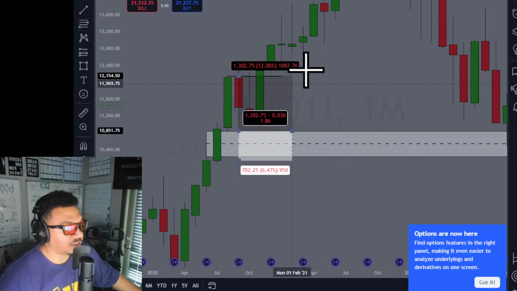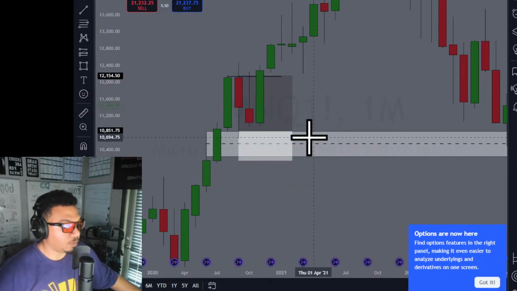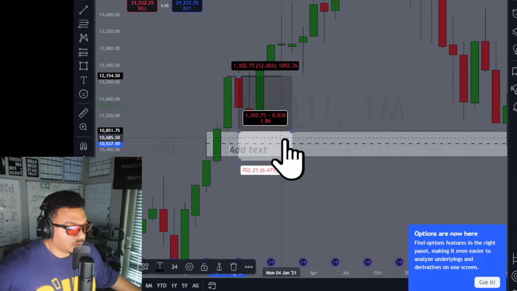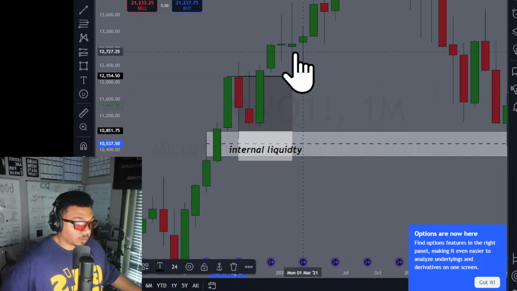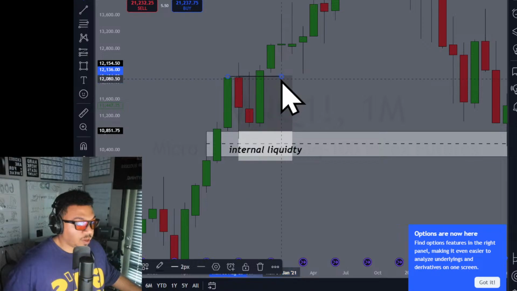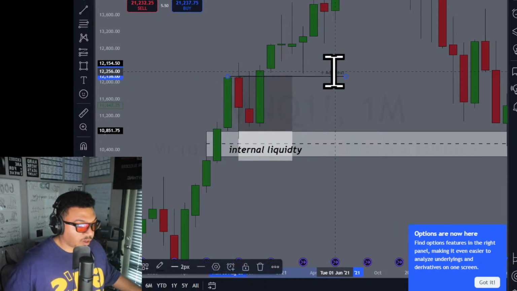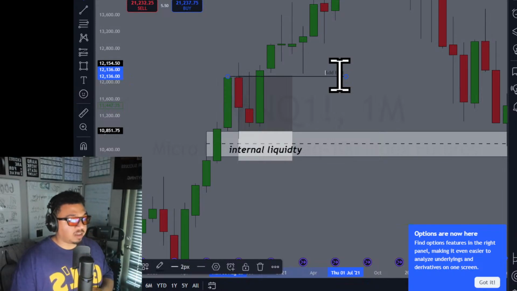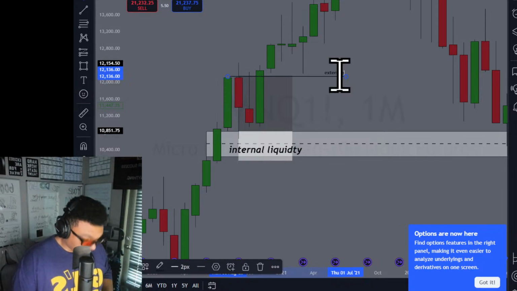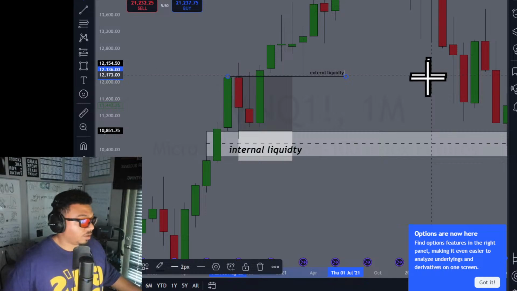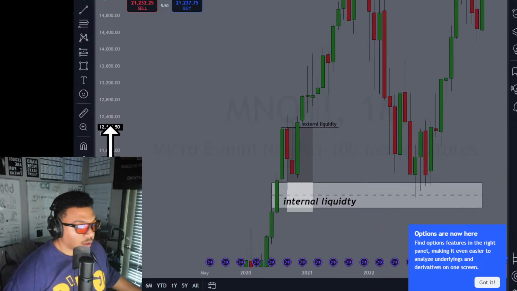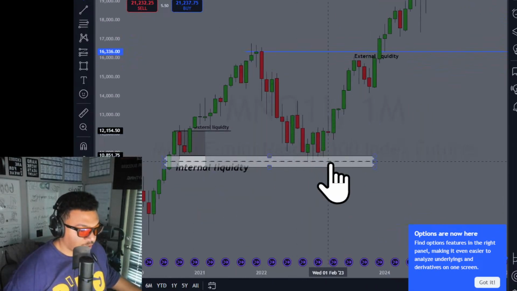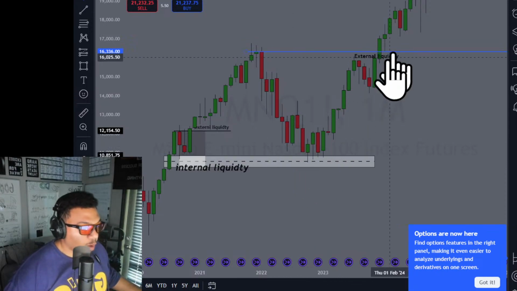Me personally, I'm a scalper, so I'm doing this on the lower time frame, but I'm just trying to frame what external liquidity and internal liquidity look like. This would be internal liquidity right here, and then this candle right here. Again, we were looking at an even higher time frame, but there are so many trades that occur when you use this that you could wait for price to come back to certain areas. External. I'm going to get better overall eventually at explaining all of this, but for right now, just think external to internal liquidity. And then on the bigger time frame, it occurred again. Price dipped back into internal liquidity and went back to external.